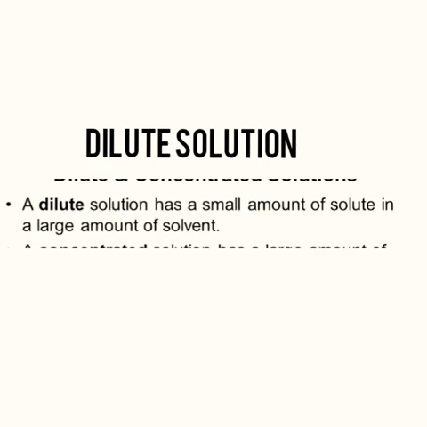In the last class we studied what is a solute. Solute is the particles that we are mixing in a solvent to give a solution. So the first division of solution depending on the amount of solute is dilute solution. So we can discuss what is a dilute solution. A dilute solution has a small amount of solute in a large amount of solvent.